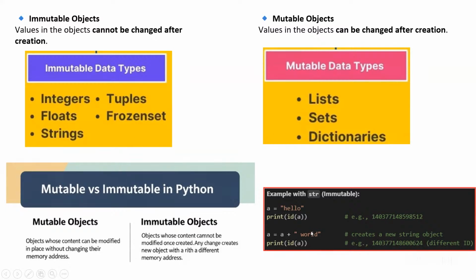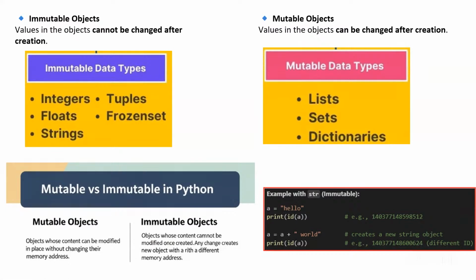And what will happen to the older one? What do you guys think? What will happen to the older one? The garbage collector will come and clean that, since it is not assigned to any variable. Exactly. If it is not assigned, the garbage collector will come and clean it. If any variable is still assigned, it will keep that as an address. Are we good with the mutable and immutable objects definition?